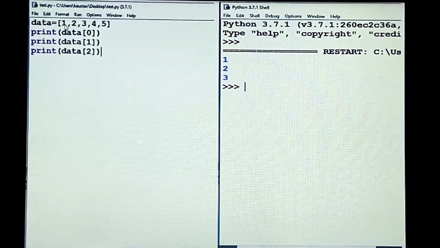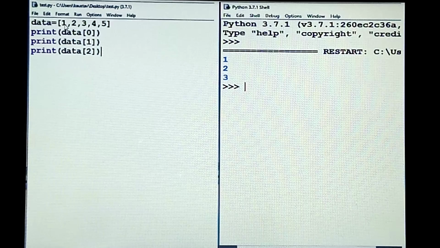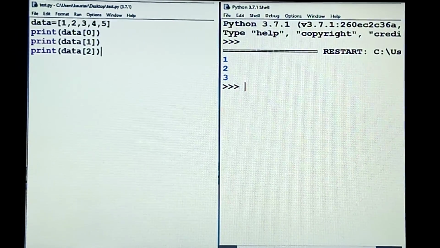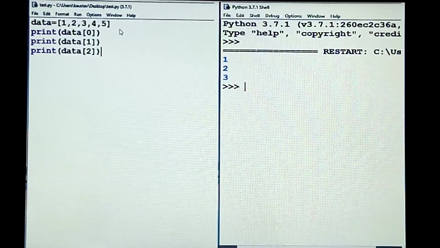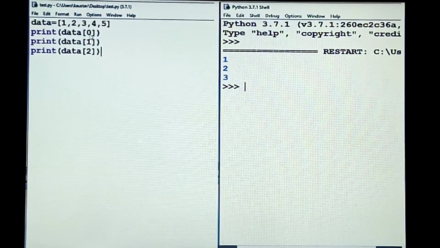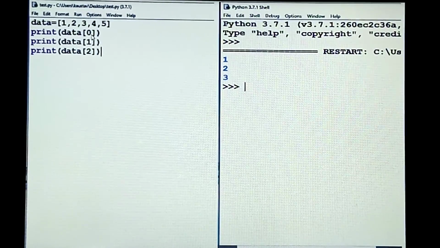Once again, see this one. I told you about the subscript. The memory locations are separated by the subscript number, just like in a book. Suppose it is a science book. Page number 1, something has been stored. Page number 2, but it has been separated with the page number. Like that, here in the list, a lot of things have been stored, and all the memory locations are separated with the subscript number, and it will start from data[0].